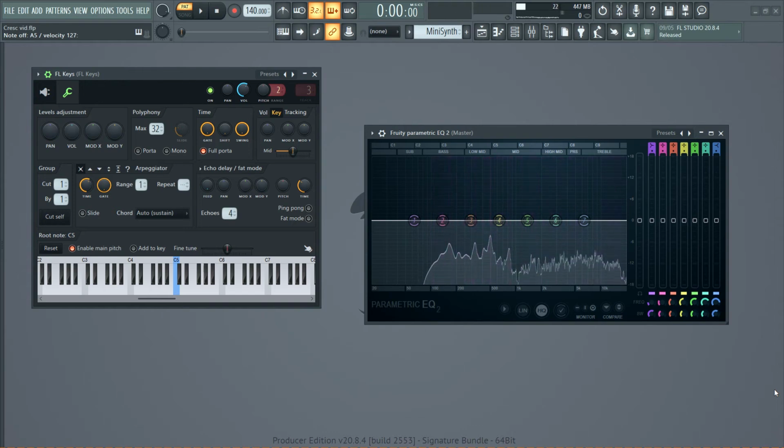So it makes sense. If we go up 10 semitones, you have a minor seventh, and that would be from C to B flat. And if you were to go up 11 semitones from C to B, that would be a major seventh. And if you went from C to C,